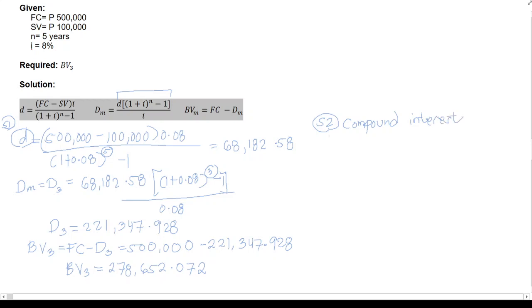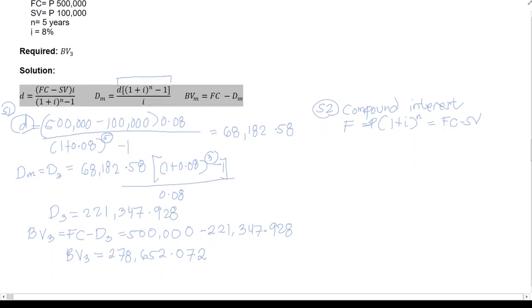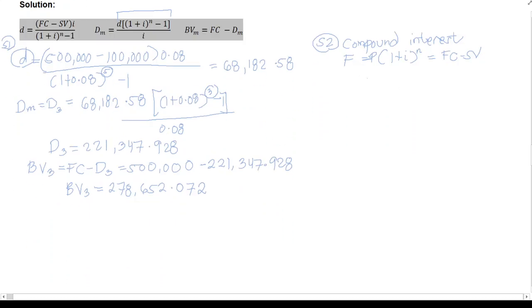Okay, using compound interest, we have the future worth, which is equal to the present worth multiplied by 1 plus the interest rate, raised to 2. And your first cost there is already the first cost minus the salvage value. That is the future worth. Okay, so that is equal to